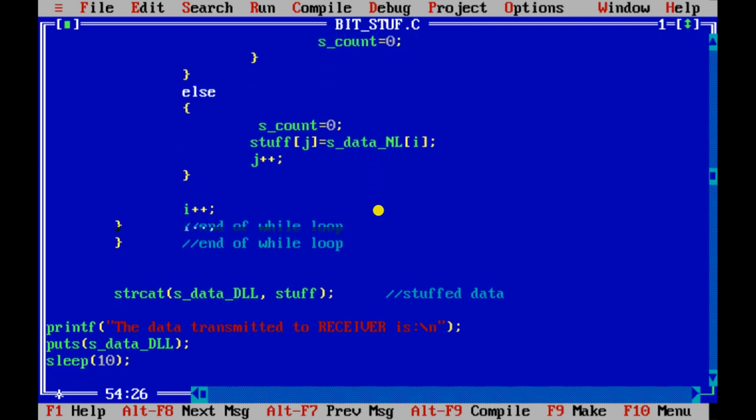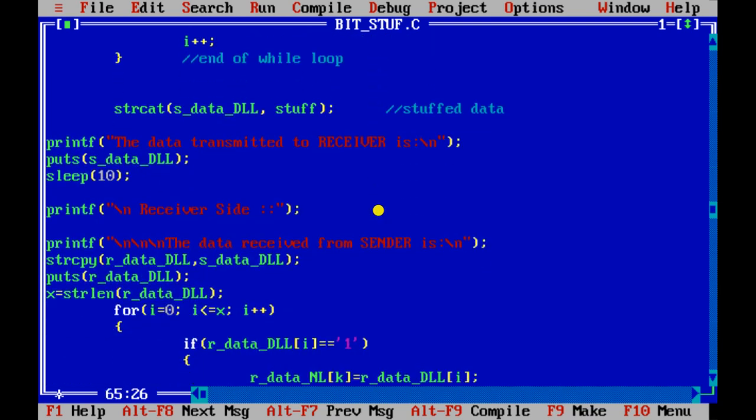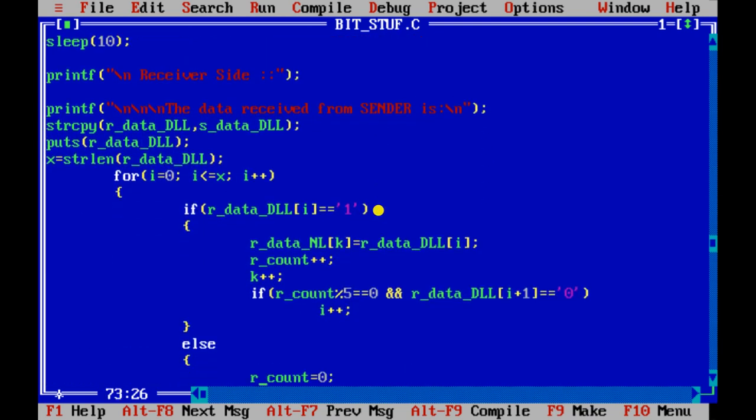At the receiver side, you do the reverse process. Whichever data you have received, count the number of ones and simultaneously copy it into another string.